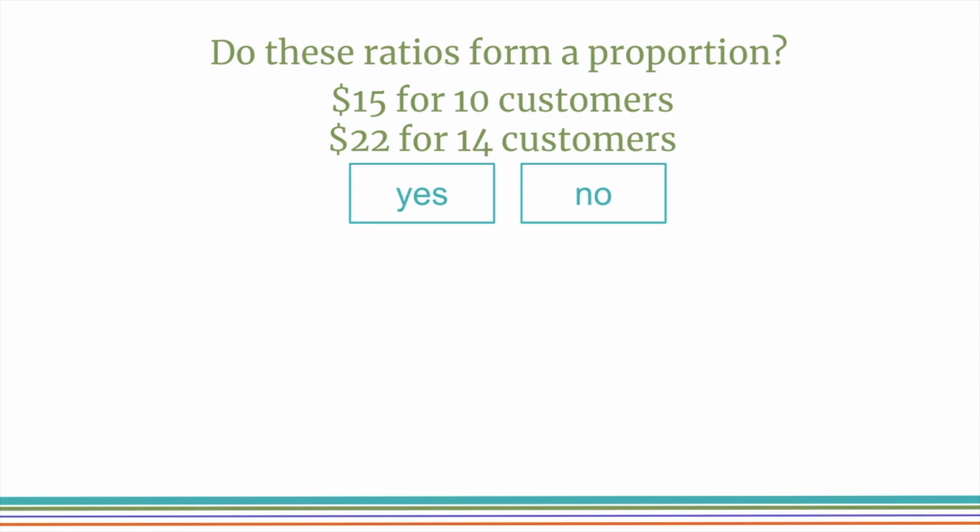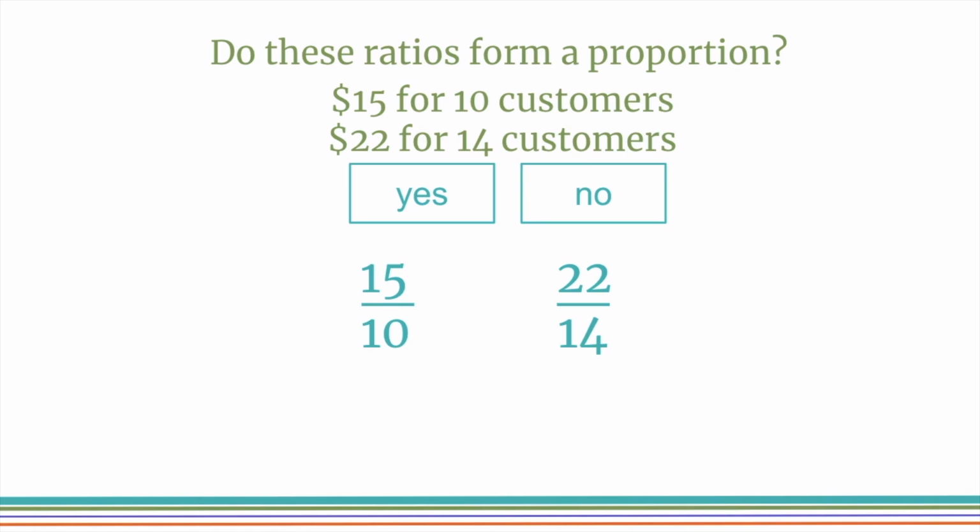Do these ratios form a proportion? $15 for 10 customers, $22 for 14 customers. First, we'll create 2 ratios from the given information. $15 for 10 customers is 15/10. $22 for 14 customers is 22/14. Next, we can check to see if the ratios are equal to each other by writing them in their simplest